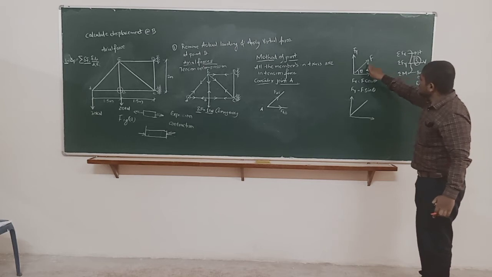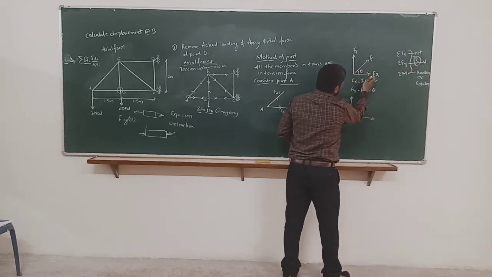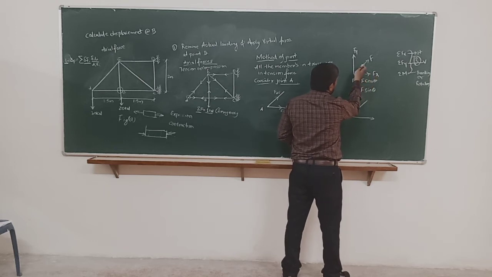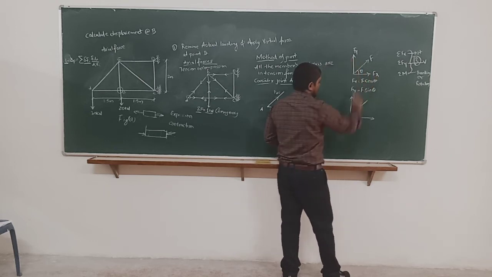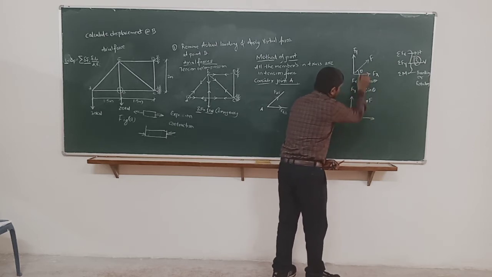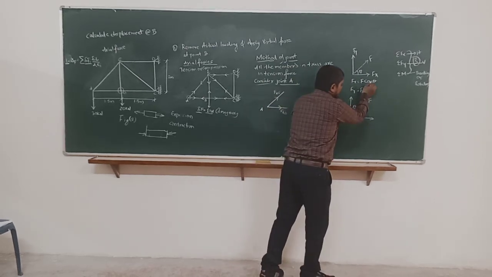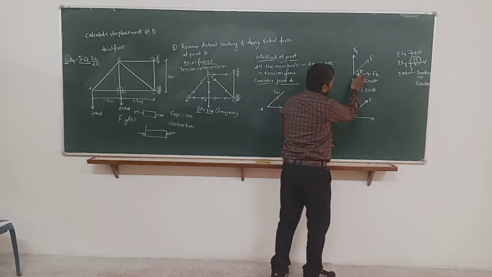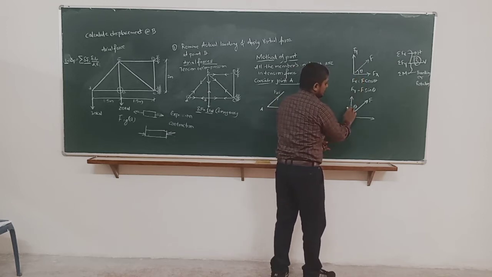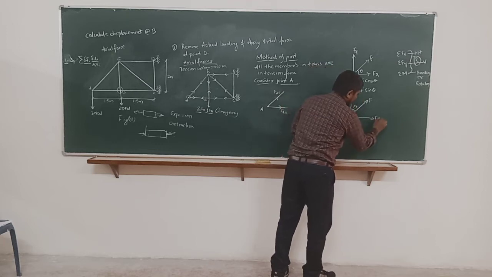Okay, so this is the inclined force. Inclined force has to be resolved into two components. One will be x component, that is the horizontal component, and another will be y component, that is the vertical component. So I will keep same here. I will just remove this theta because students go wrong again in taking this sin theta and cos theta. Now instead of putting theta here, I am putting theta here. So this force is inclined with the vertical. So this is Fx and Fy.